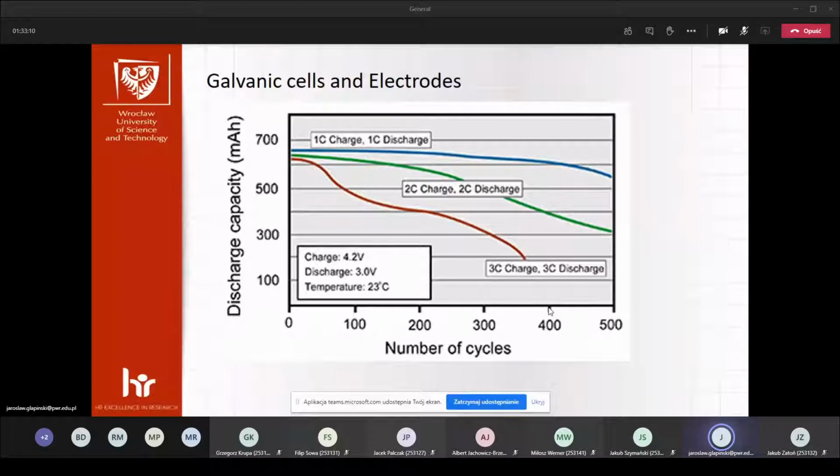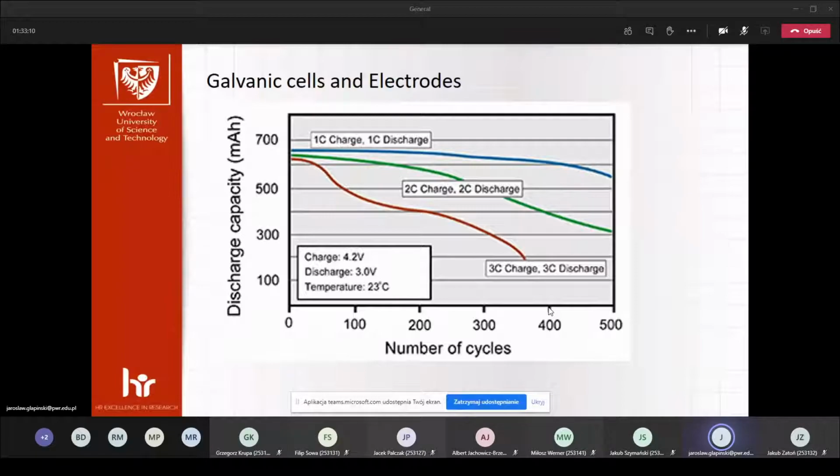But nowadays we are going more towards another kind of accumulator, another kind of batteries. It is lithium-ion batteries. I hope you heard about it many times. It was proposed by Exxon in the late 70s,